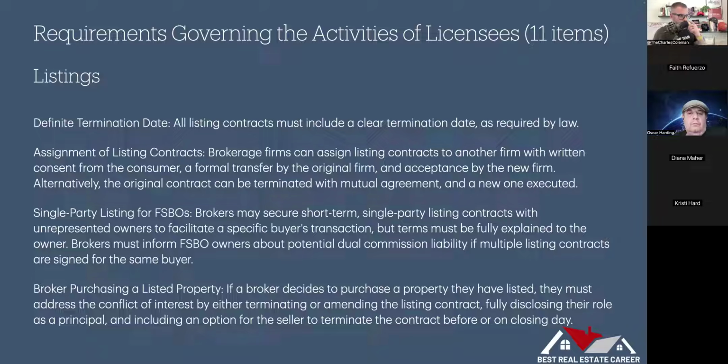All right. So here's one of the things, and this is actually where we talk about the inducement, right? And when we're talking about a licensee buyout addendum, this is kind of where I would think it would show up, more so here. Yet there's a lot of other things that could happen. So, broker purchasing a listed property. You have a property listed and you decide that you want to buy the home.